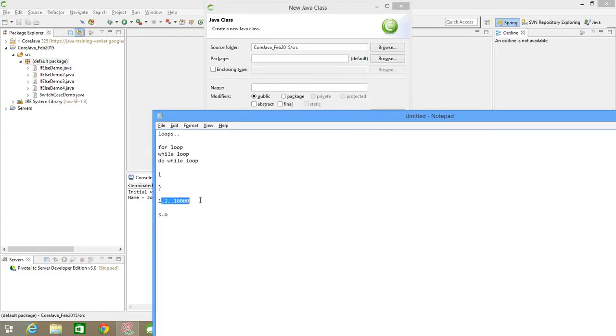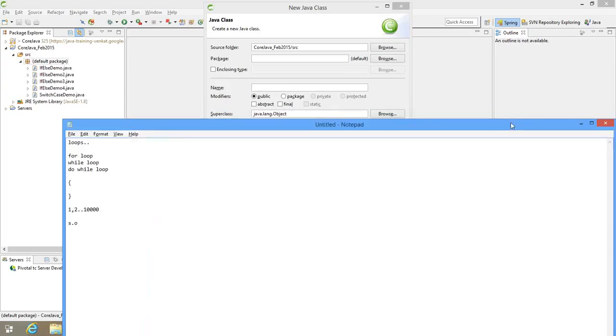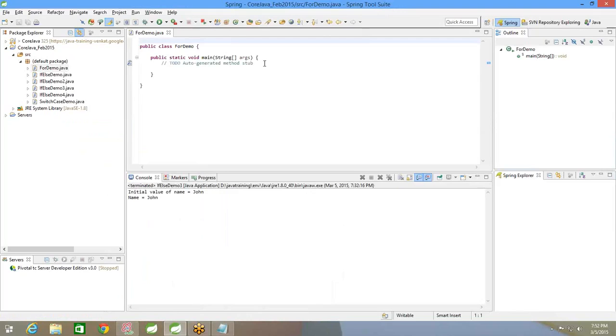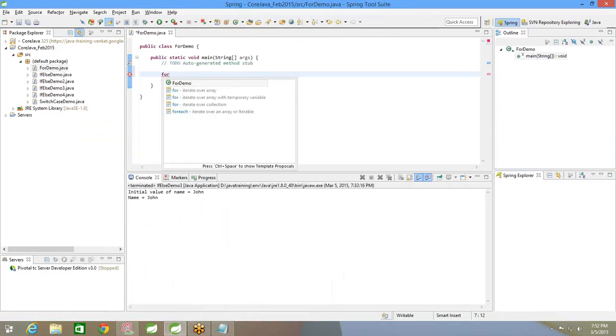Here I wanted to print 1 to 100. How do I print using the for loop? Now the syntax of the for loop is,